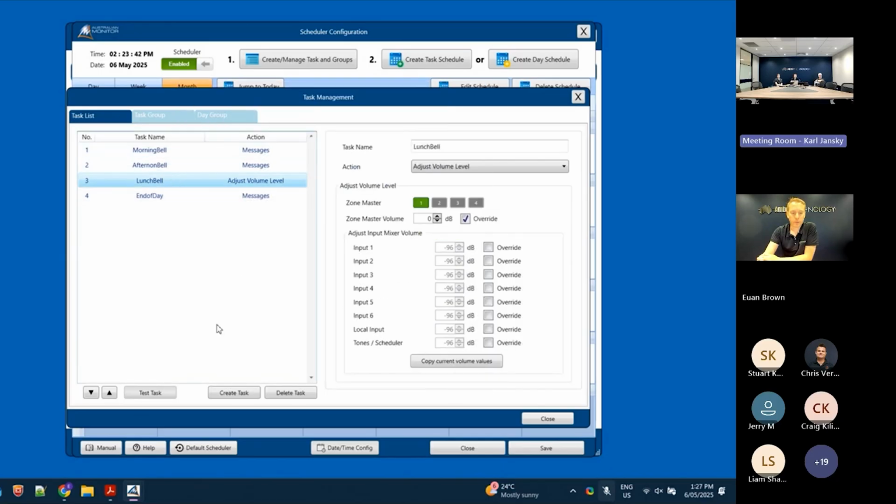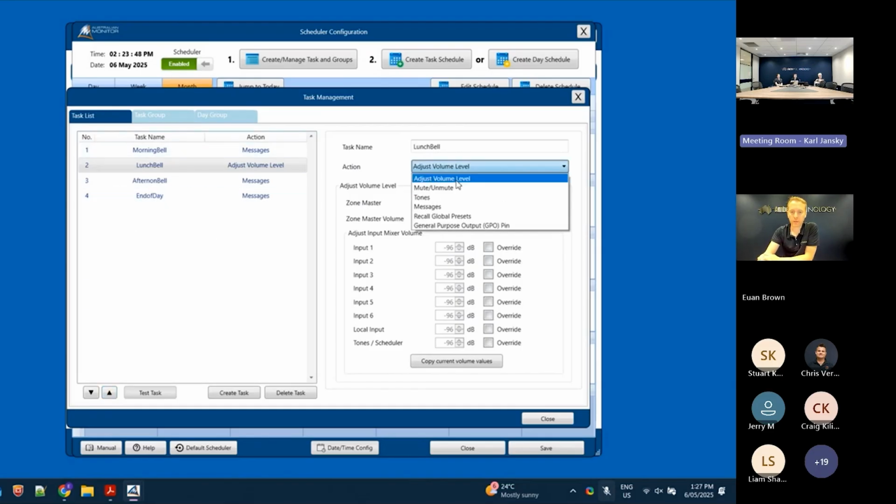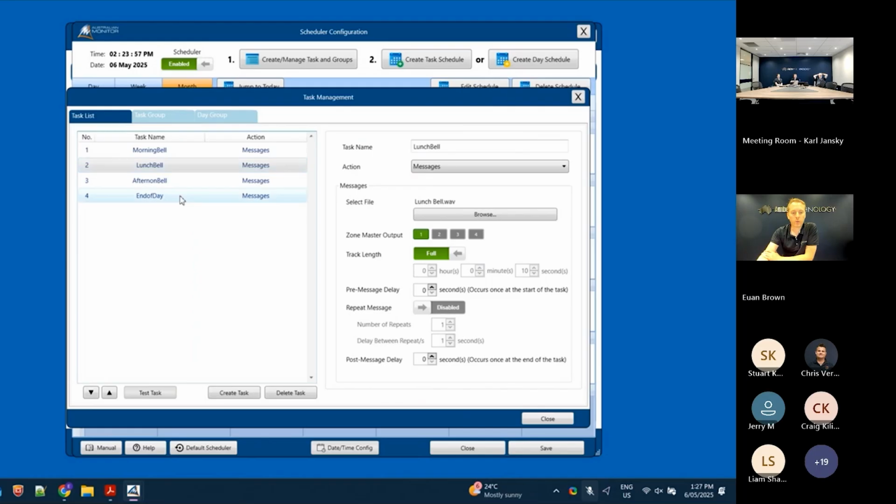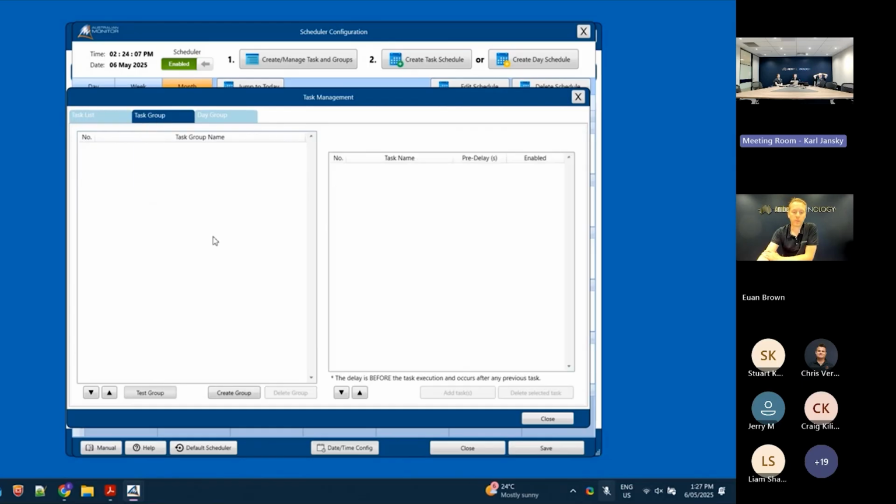And then if there's an order change you want to do here, just change the order. I'll pretend I made a deliberate mistake there in terms of the order. So now that we have those tasks set up, one of the ways that you can change this, I shouldn't say change, you can create task groups that allow you to then make more complex